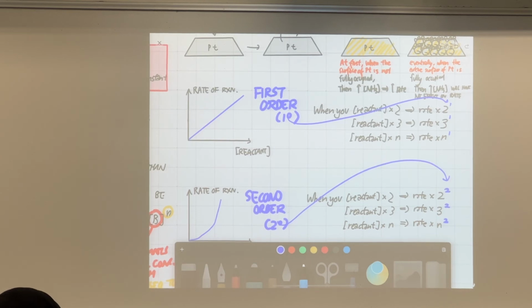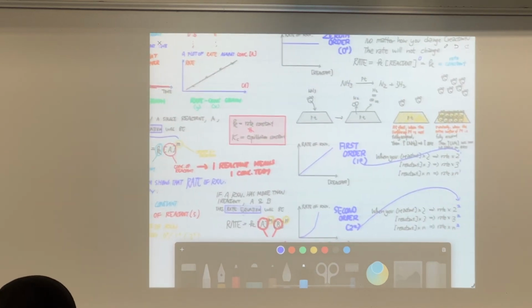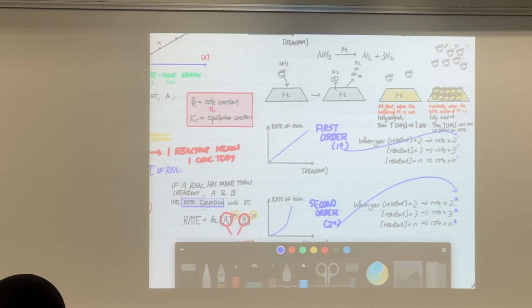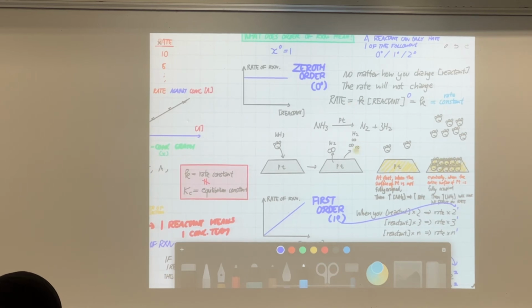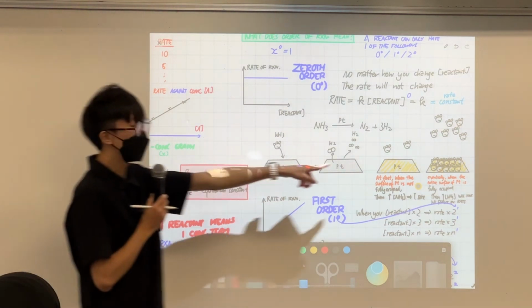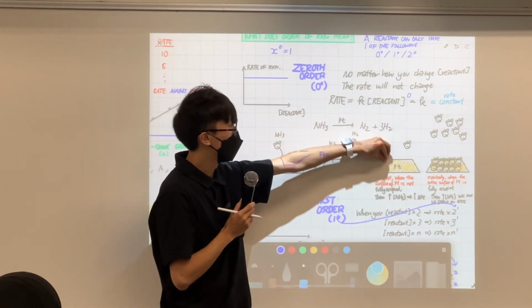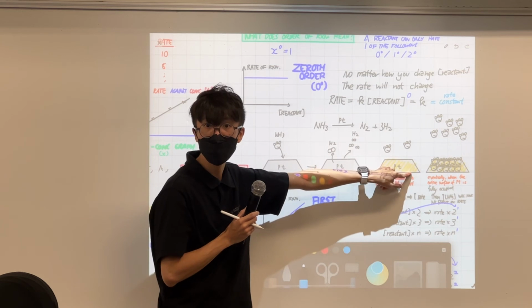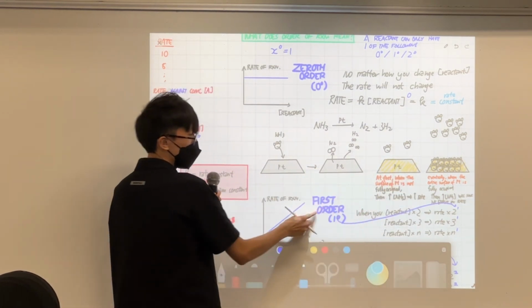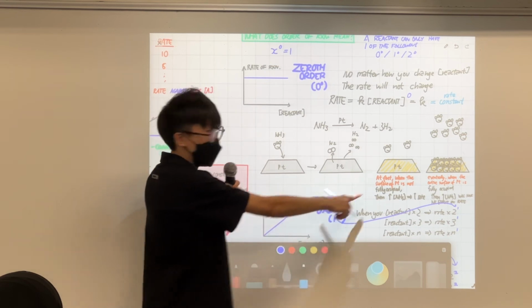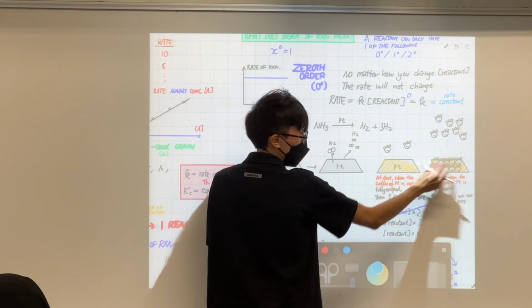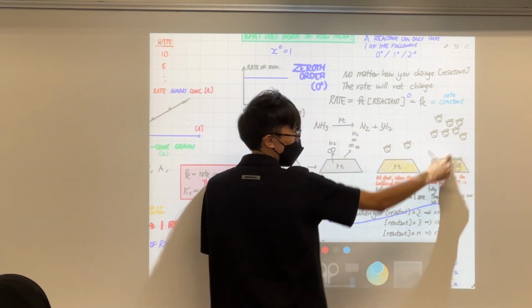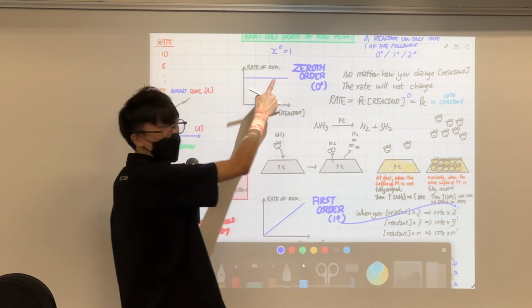Yeah, so this is to say, and actually you can do this here. Example of first order and zero order: they can be explained by the same reaction here. At the beginning, remember, when the surface is not fully occupied, increasing the ammonia concentration will actually increase the rate. So you can say at the very beginning, it is first order to ammonia. But then when the surface becomes fully occupied, it's very crowded now. No more ammonia can join. At this point, you can say it's zero order.